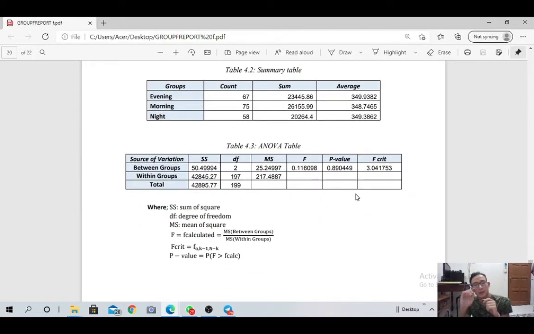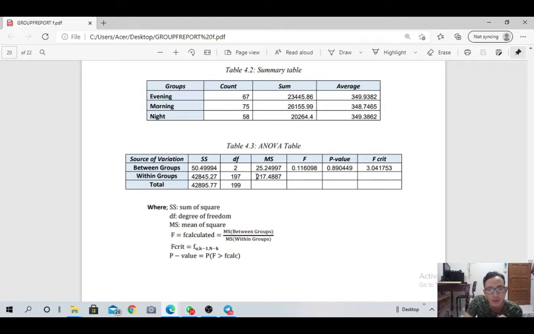For the ANOVA data, we have the sum of squares, where the value between groups is 50.4994, and the degrees of freedom, which is 2 for between groups, and also the mean of square. And finally, we calculate F, where F calculated is the mean square between groups divided by within groups,